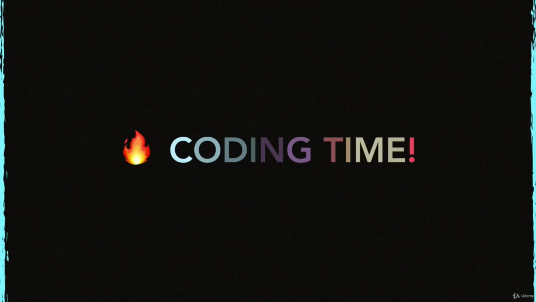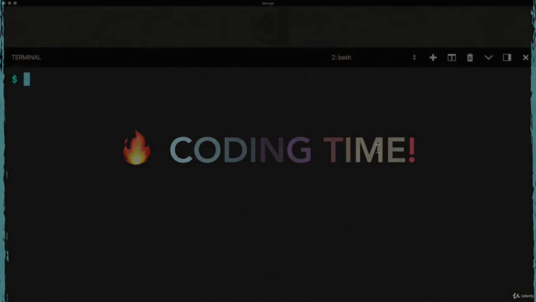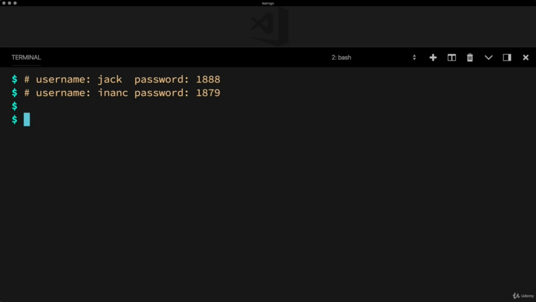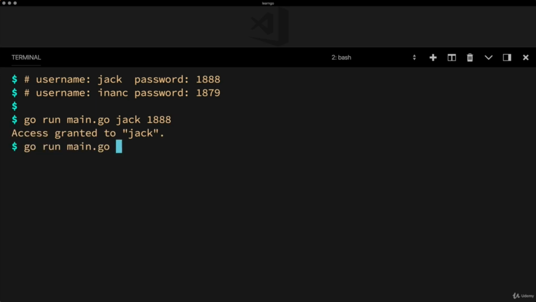Let me show you what it looks like. The first user's username is Jack, and its password is 1888 as before, okay? And the second user's username is Inanç, and its password is 1879, okay? Okay, I can access to the program using the first username and password, like this. Jack 1888, access granted, okay. Or with the second user's username and password, like this,